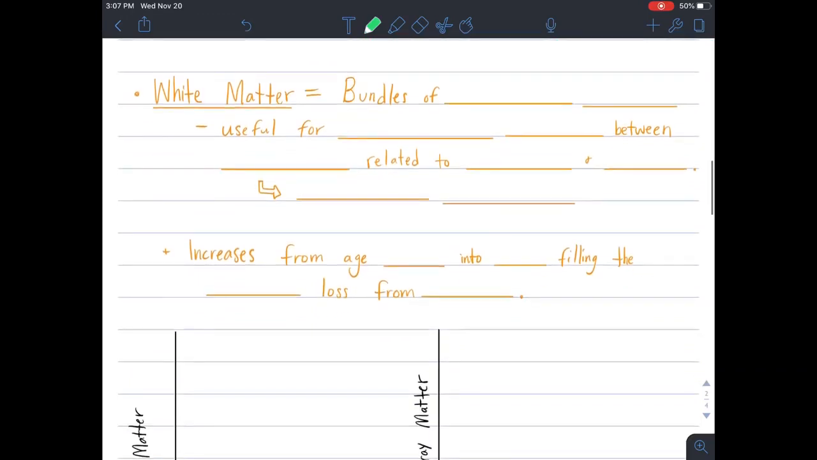All right. The white matter. The white matter is different. It's the axon that's layered in myelin. So we'd say that the white matter is bundles of myelinated axons. And these are useful for conducting signals